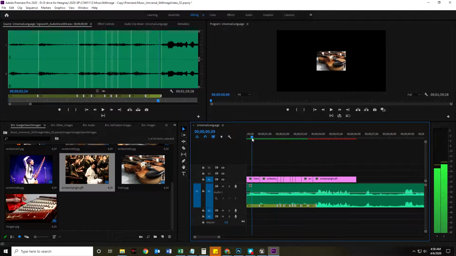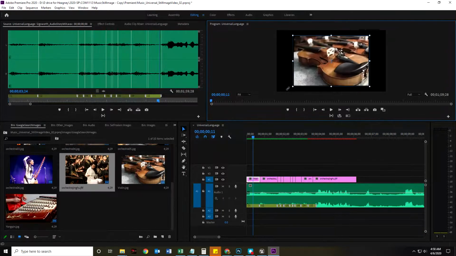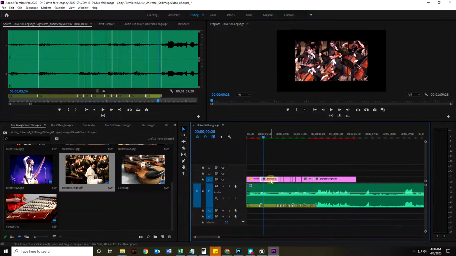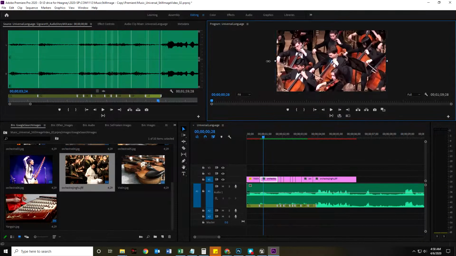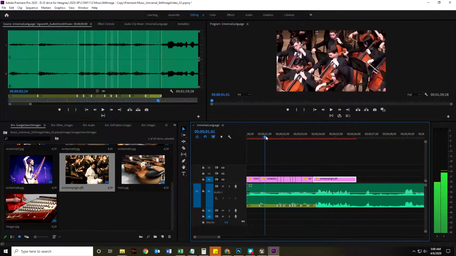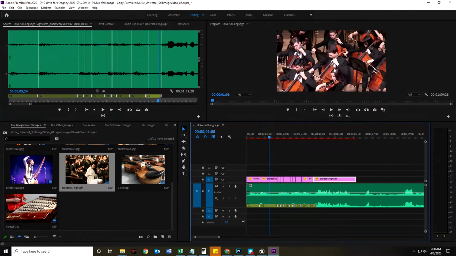But the next thing I want to do is what some of you already asked, which is, hey, this image of this violin, which is this clip that my playhead is over, is too small, and I told you to double click the image here and just left click and drag it a little bit bigger like that. And I'm going to pause that and do that to every other single image. Click it, double click it in here, make it a little bit bigger. Okay? Alright, and so once I make all of those pretty much bigger to fill this resolution,